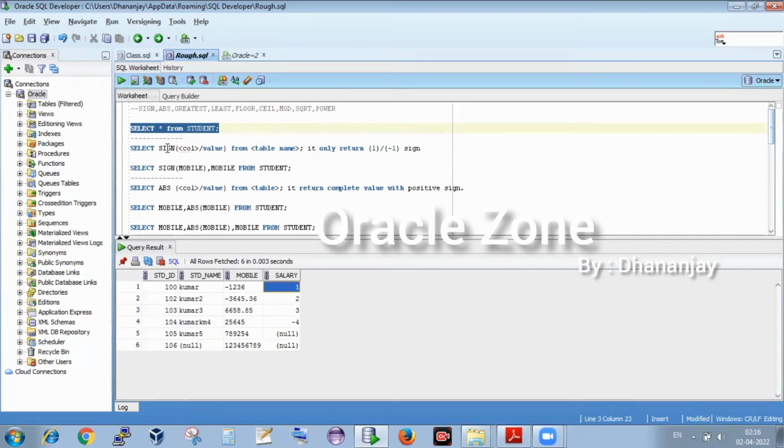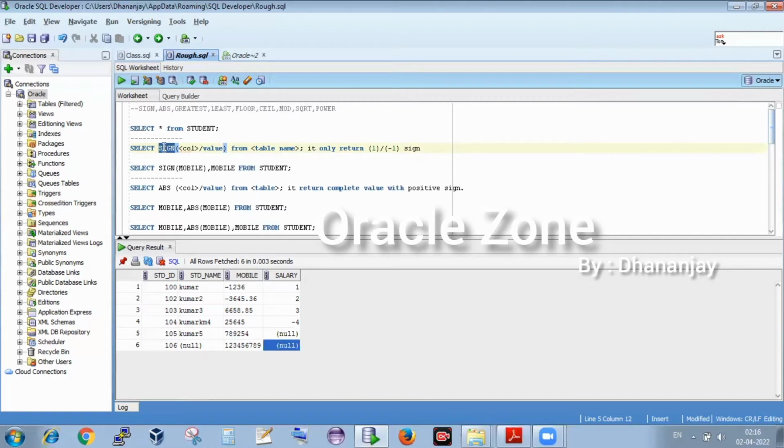Okay, so what is the sign function saying? The sign function indicates the sign of these data values. So 1 has a positive sign, and this -4 has a negative sign. This null will be null. Why? Because as I already told, if you are doing any manipulation with null values, which are undetermined values, it will always return null. Okay,